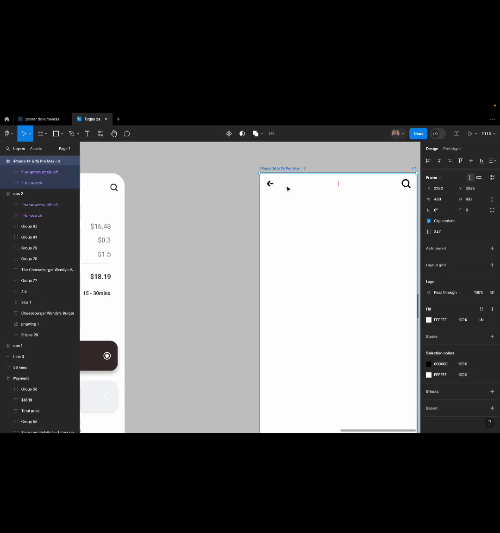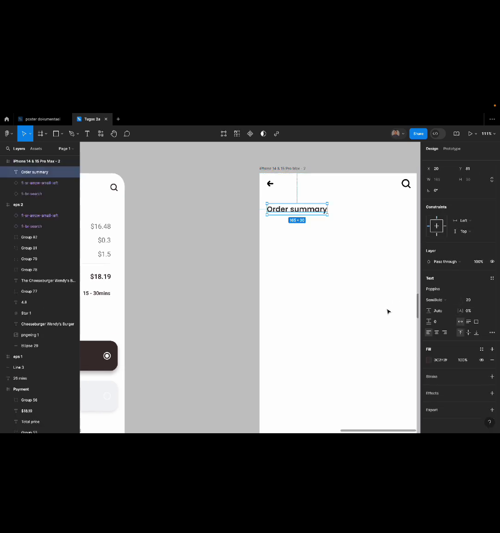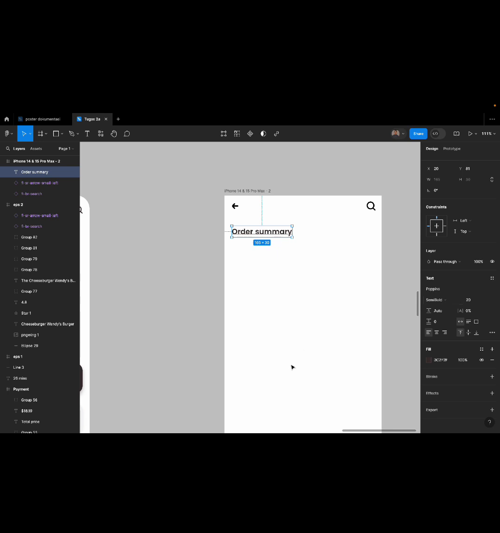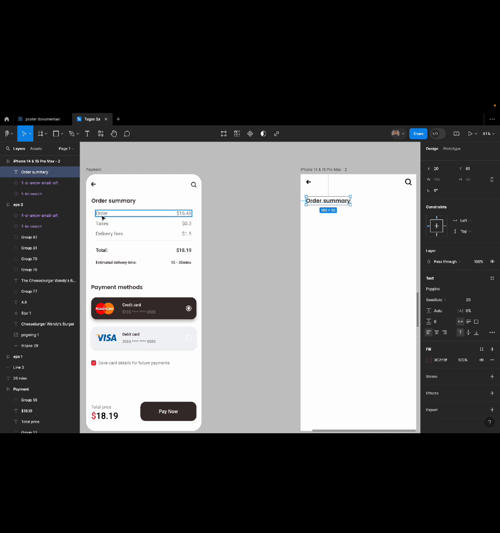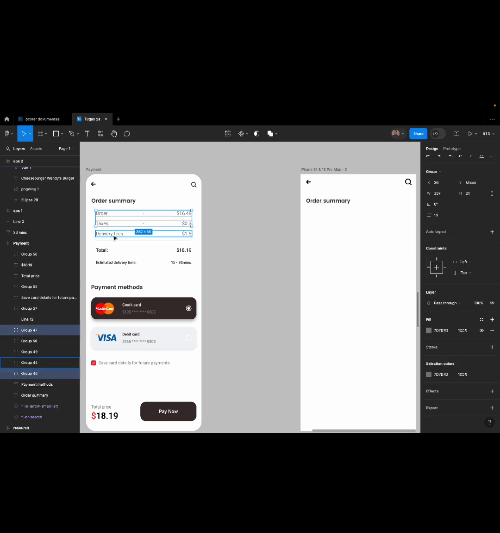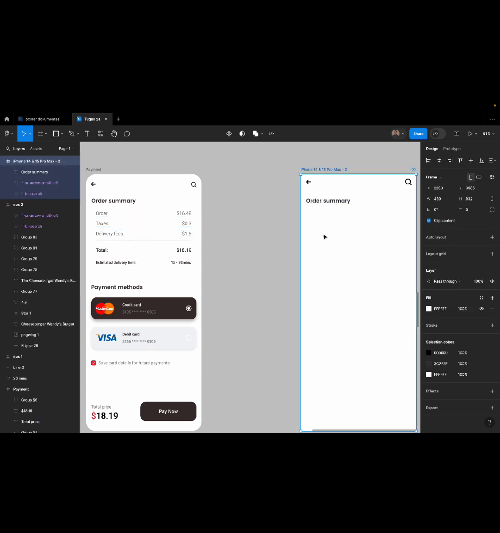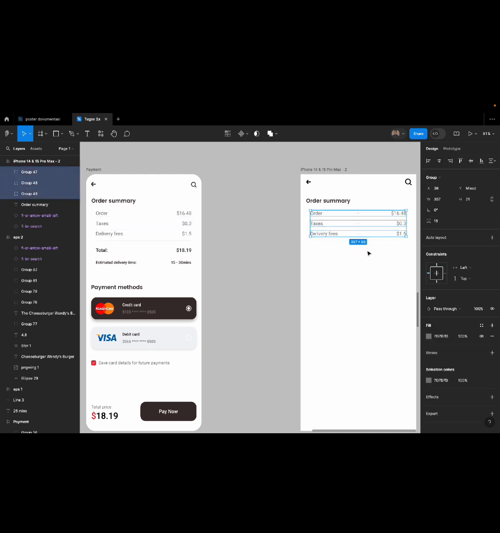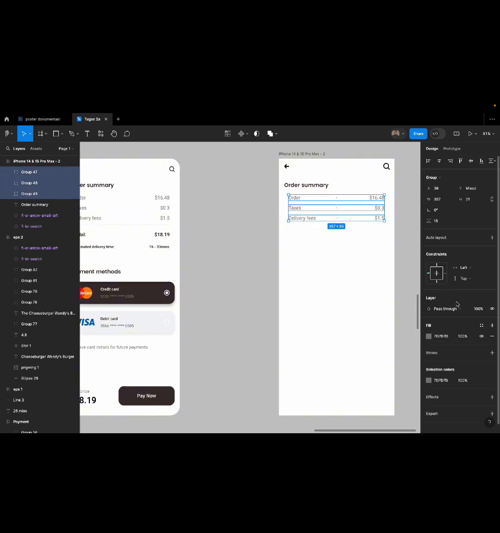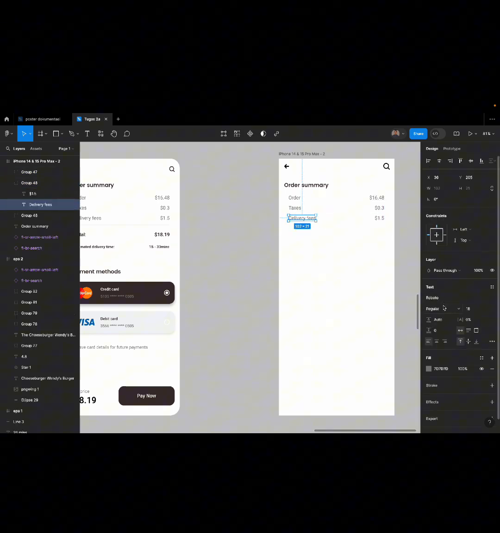add some text with the size 20 and type semi bold, and the font is Poppins, and also create some text for the price, and the font is Roboto and type is regular with the size 18,